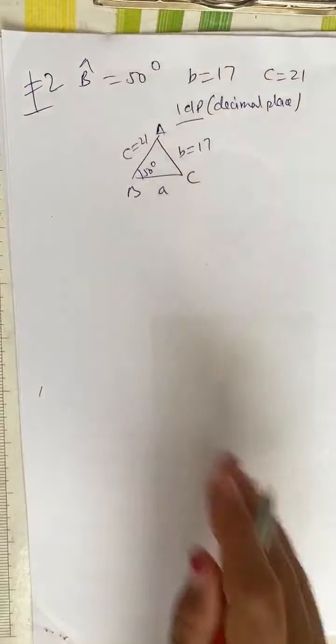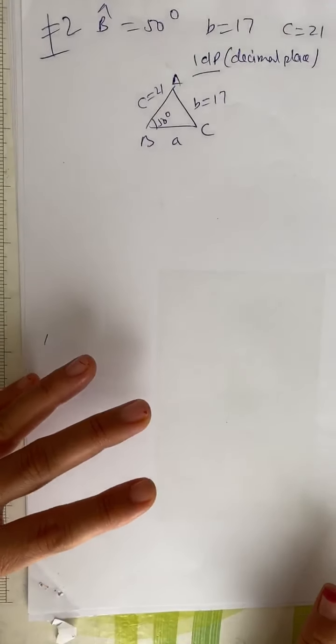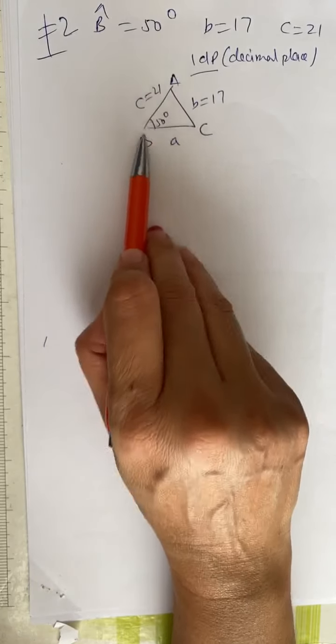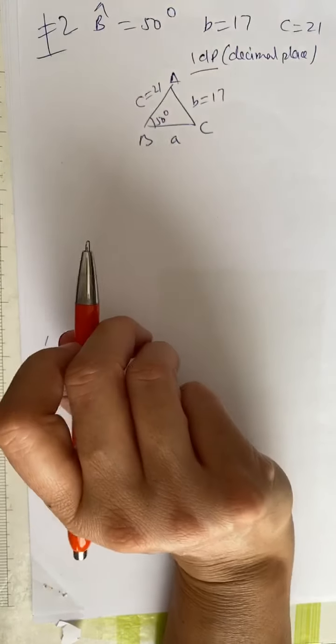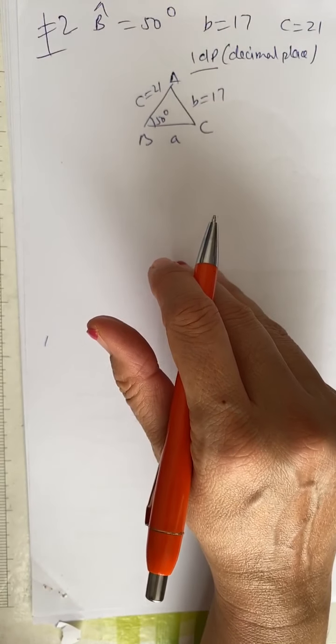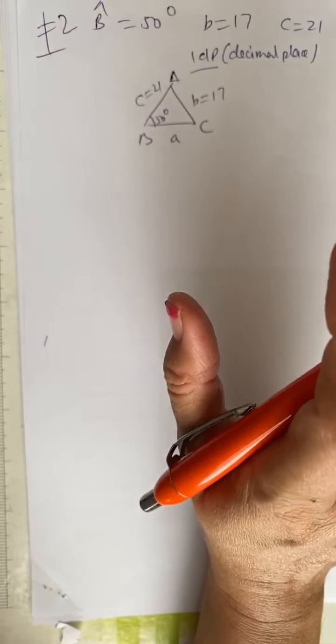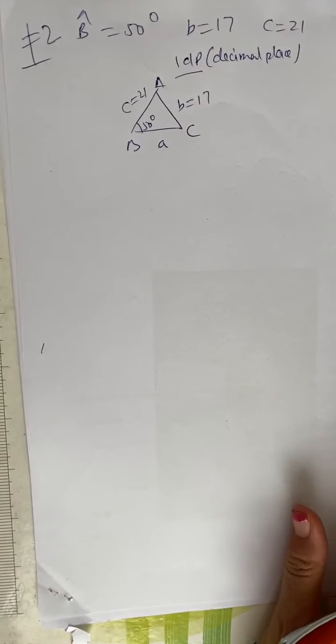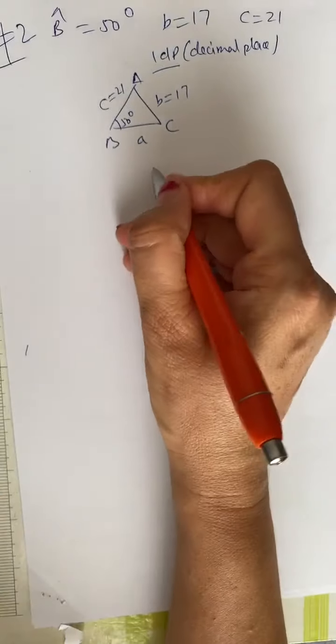You don't have to worry, I can use the same triangle also, even though the 17 looks like it's not smaller than 21. It doesn't matter, it's just a sketch. If you want to be perfect, you can use some kind of scale drawing to do it, but there's no need to do that.